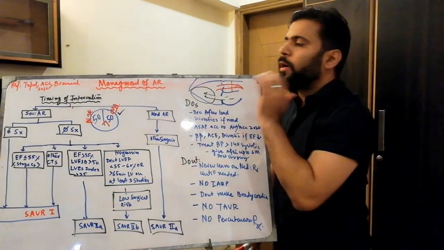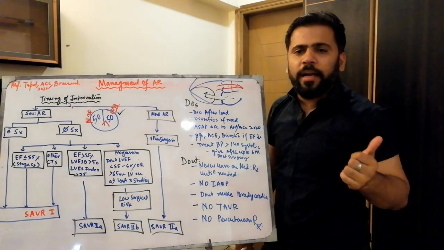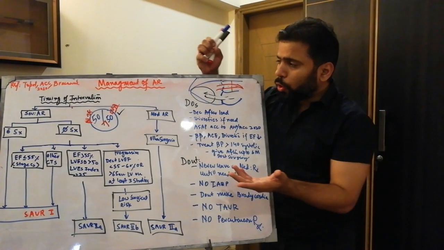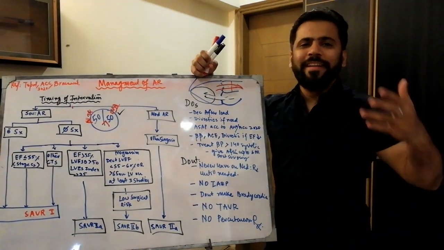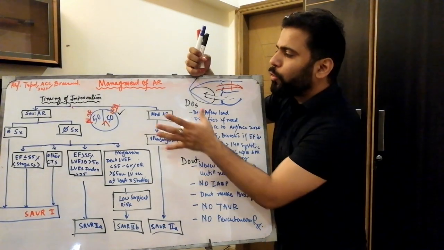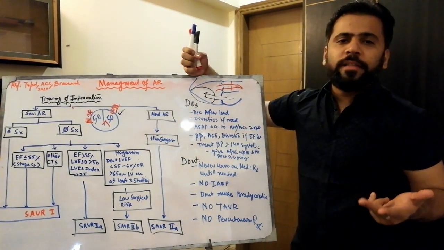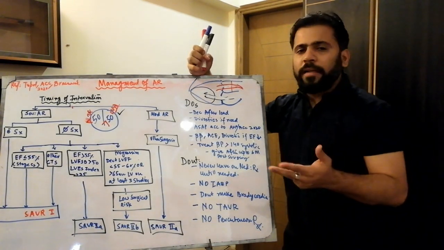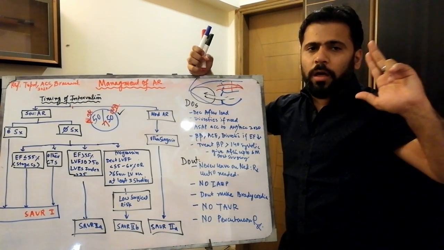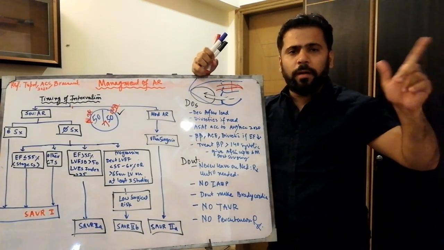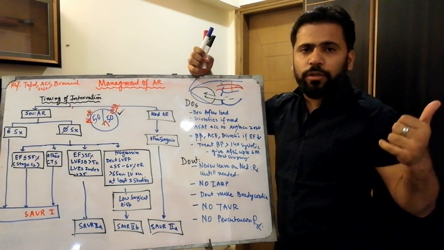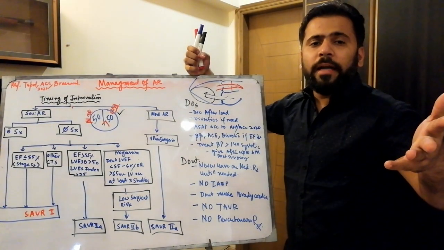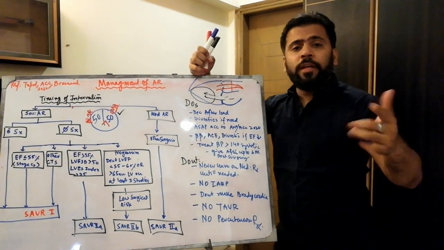So if you have a very weak memory like me, then you can remember just two things in the timing of AR. Okay, so for the detail, for those who just want to make it perfect, for severe AR, you have to divide the severe AR into two categories, symptomatic and asymptomatic. And for severe AR, keep in mind what we discussed in our previous lectures of echocardiography: the regurgitant fraction, the regurgitant volume, ERO, the jet area and vena contracta.